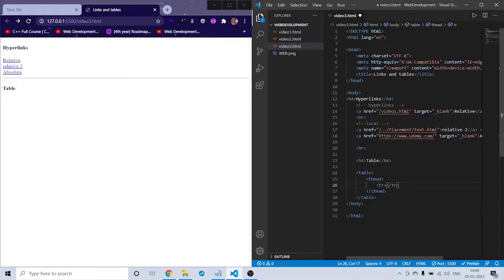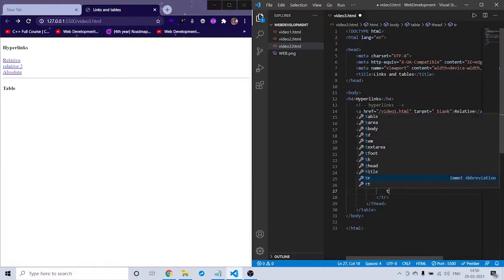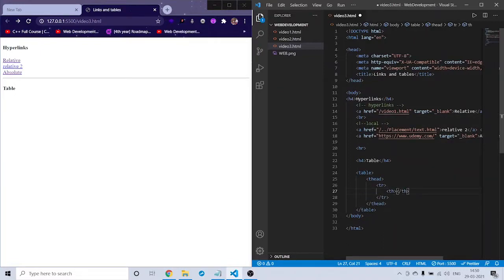As that is the row, we need to give the row tag, and in that row tag we need to give the table data, which means as we are in the thead, I am going to give this th, and in the th first is subject, and the second one is marks. I'm not going to give total marks and theory marks separately, and here this is the grade. You just need to save this and see here these are the headings: subject, marks, and grade. And now the head part is complete.